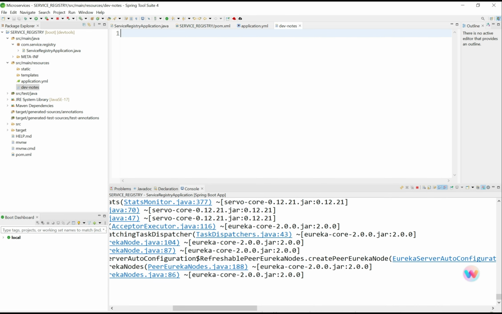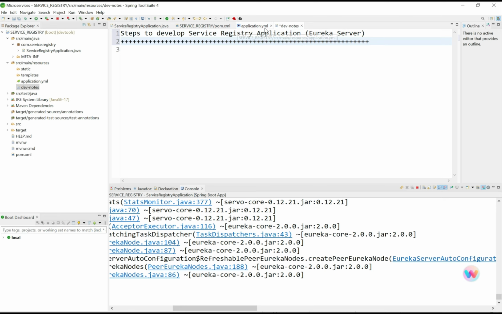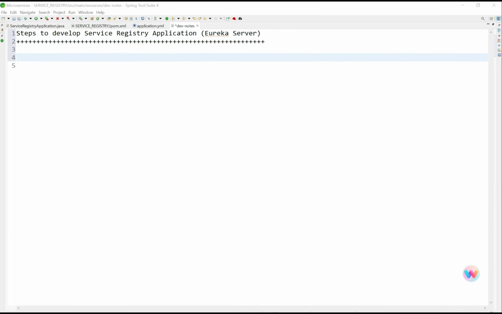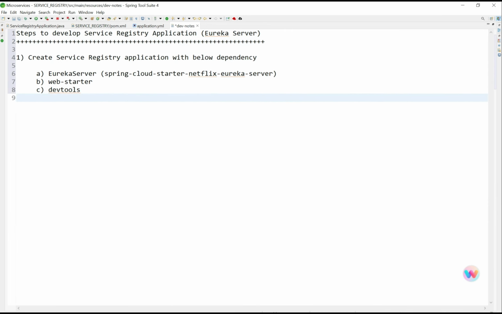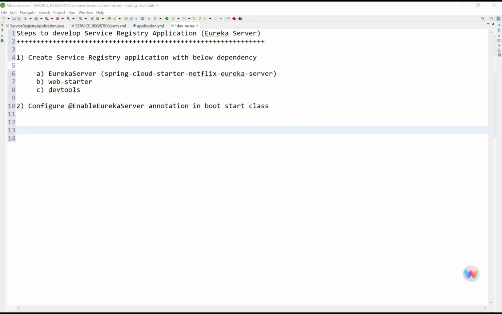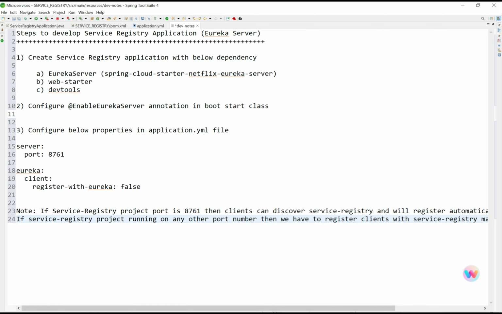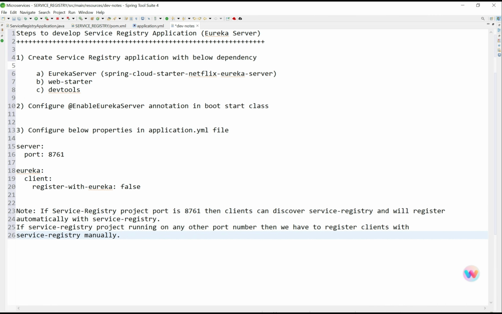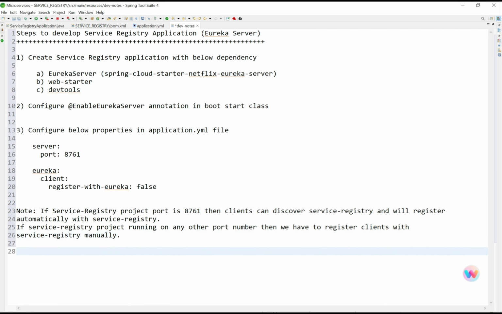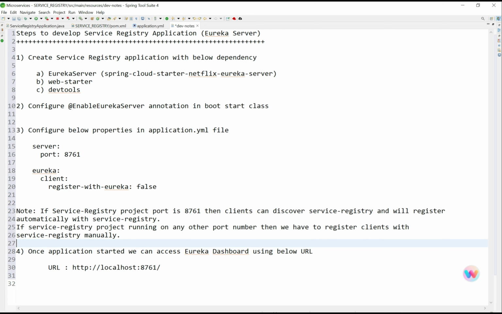What we basically did is we started with creating our project through Spring Starter project, and then we added the dependencies like EurekaServer, Web Starter, and devtools. Then we configured the EnableEurekaServer annotation in the Spring Boot starter class. Then we configured the server port and set Eureka client register-with-eureka to false. And once the application started, we were able to access the Eureka dashboard on